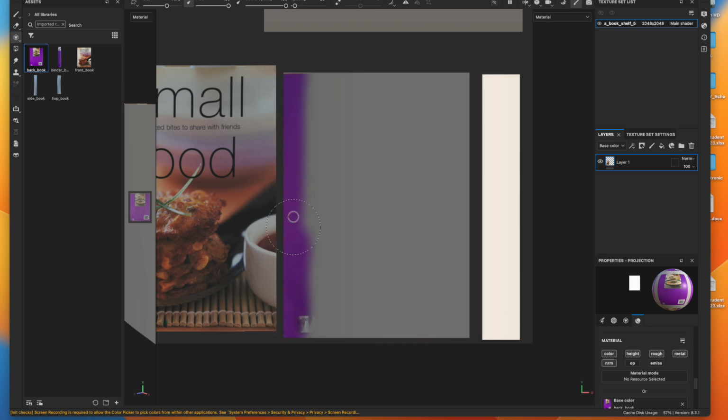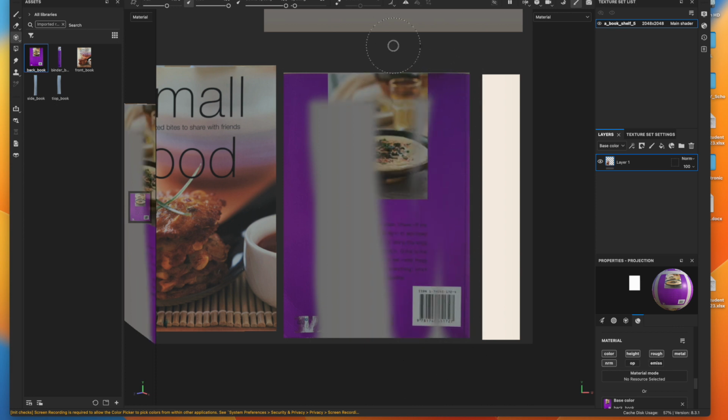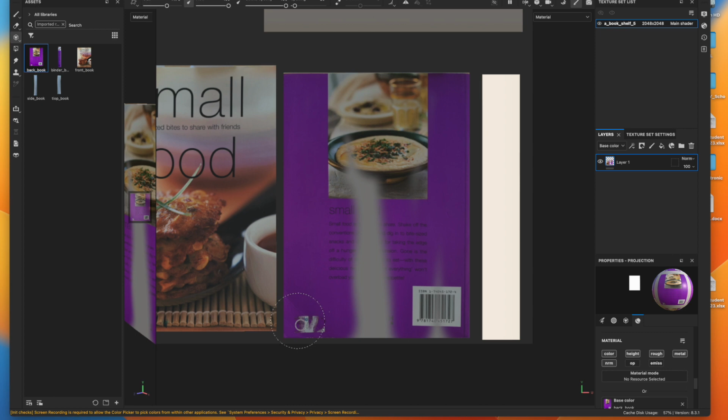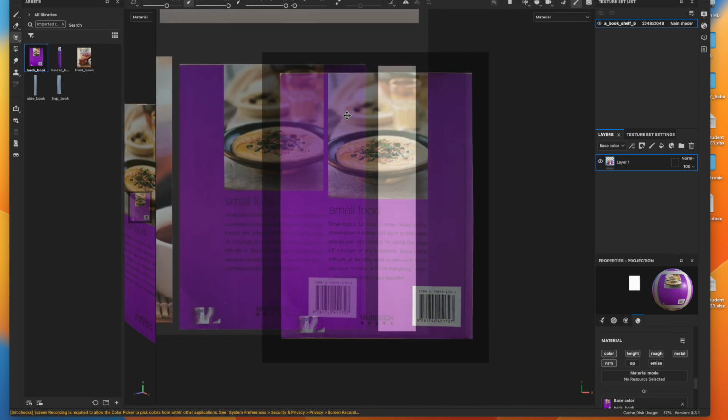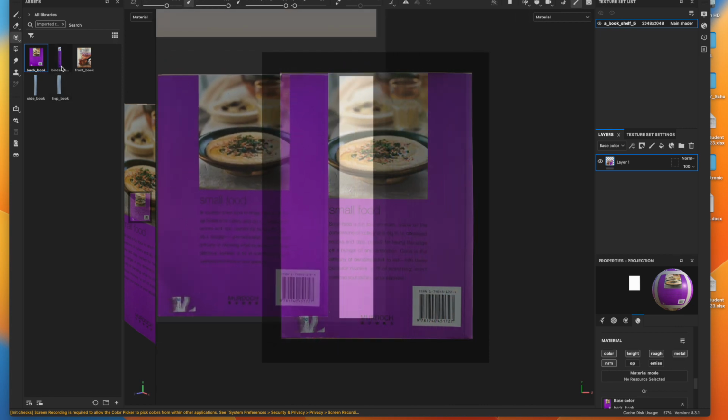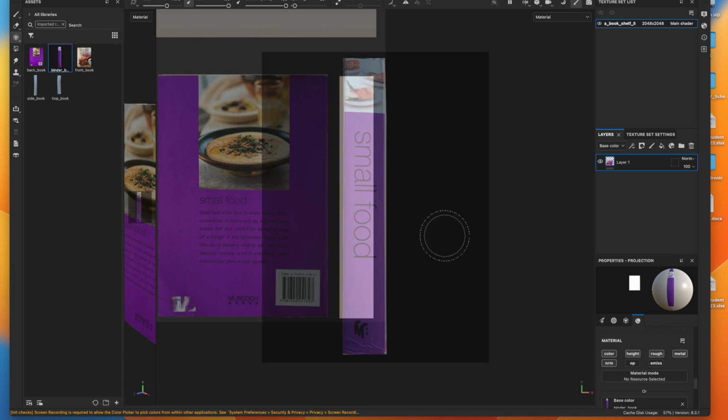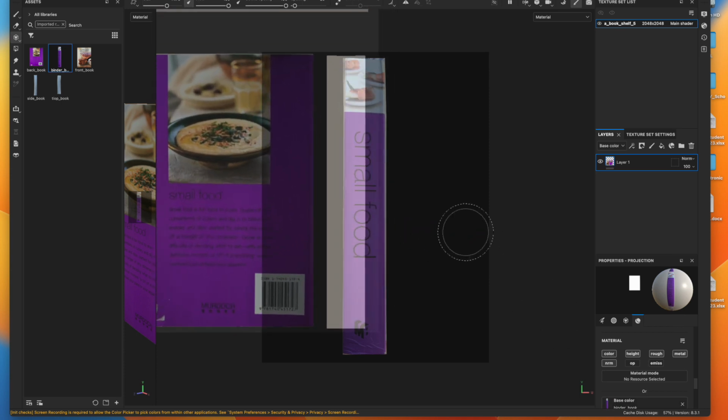All right, so I'm just going to go ahead, and you can see with the alpha, we're not spraying black material in there, so that makes this a lot easier if you have the alpha channel. All right, so you can see it's spraying over here on the left. That's the 3D viewport. All right, excellent. All right, so we're just going to keep going. Going to move over to our bridge here, or the spine, and we're going to go ahead and click and drag to our base color again, and zoom in, zoom out,